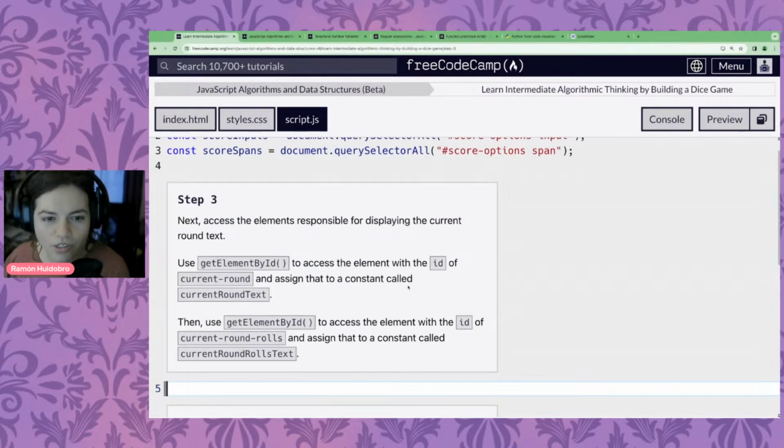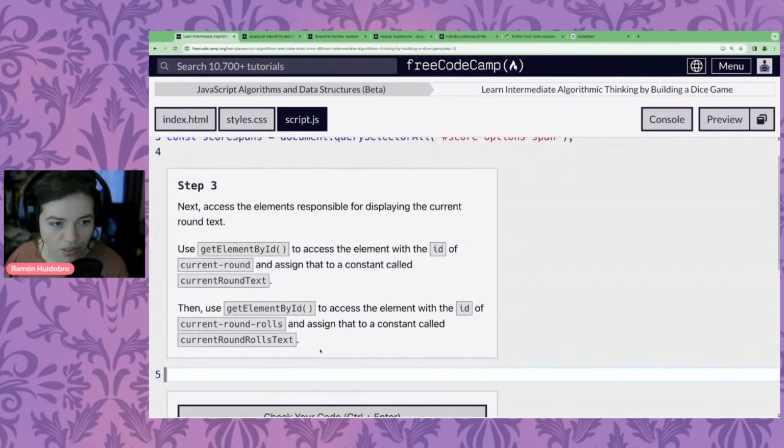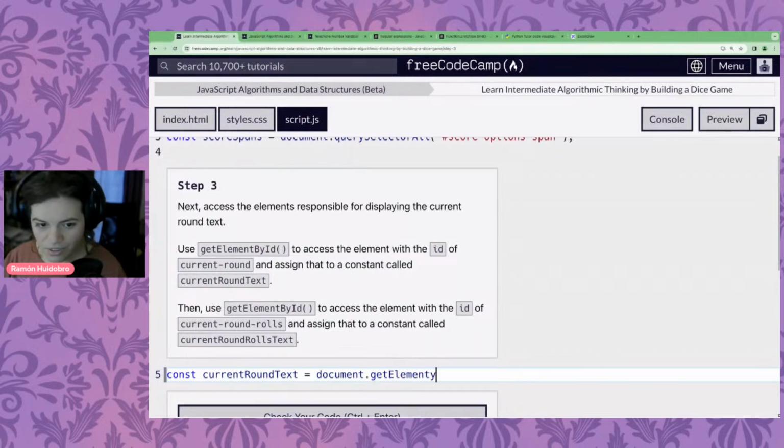So that passes, pat, pat on the back, and we keep going. Now we're going to get those elements for displaying the current round and the current round roles. So first we'll start with current round text. I'm going to use our document, and instead of using query selector now, we're going to use get element by ID.